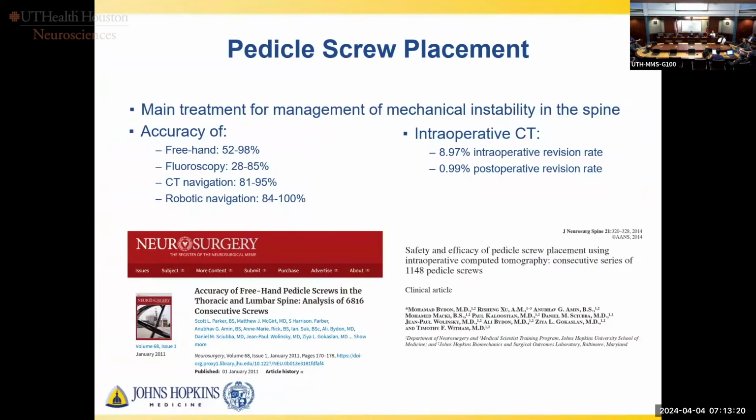So I think the thrust of most of these newer AR companies has been focused first on pedicle screw placement and trying to come up with a better way to place pedicle screws, perhaps. What I always tell our residents is the best way to place pedicle screws is the best way that works